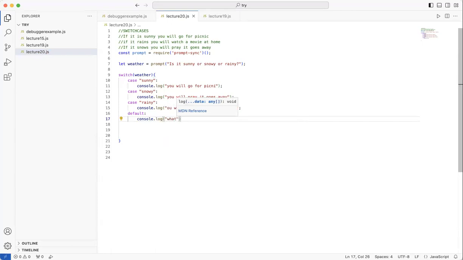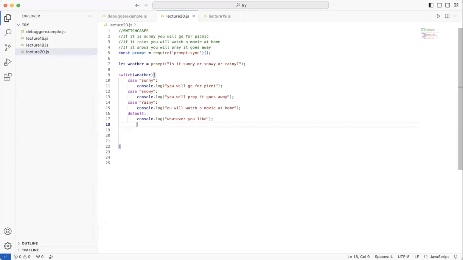We just write whatever you like. All right, so that's that. For this, it has to be default, because this is the default answer if none of them go correct, right?